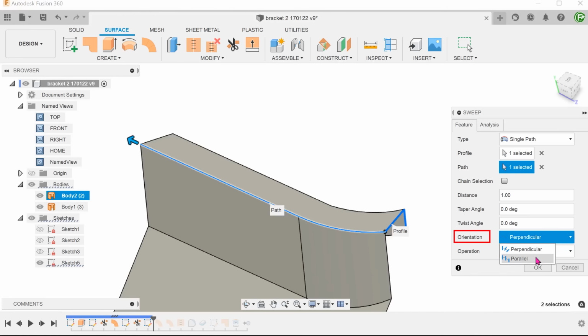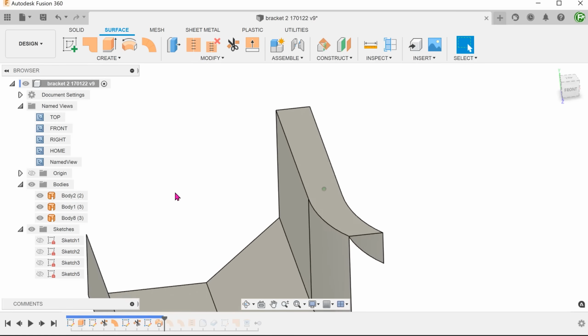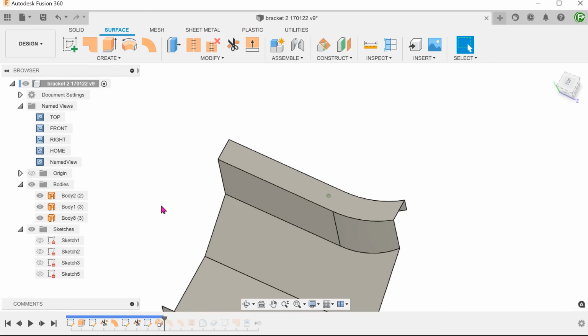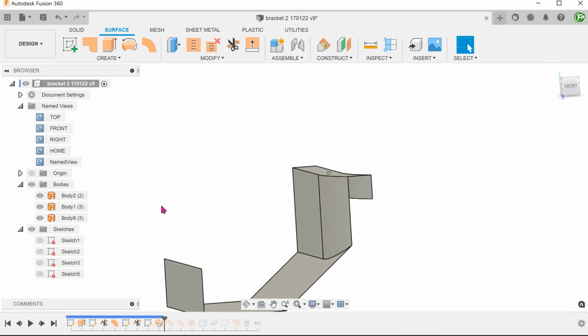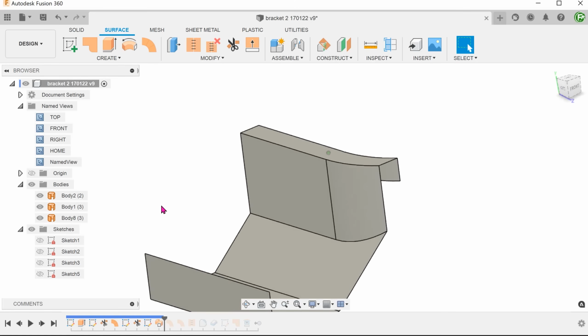In this case, you will want to set the orientation to parallel, so that the end of the sweep terminates horizontally. From here, the subsequent steps are the same. I would encourage you to try this out with the traditional sketch and solid extrude workflow. You can compare the two methods and let me know your thoughts.